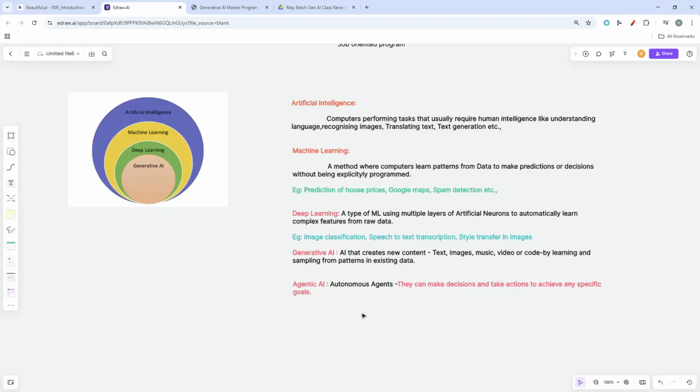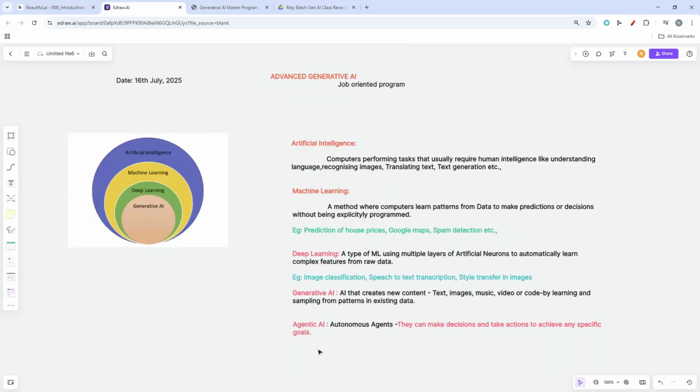We have been seeing in the news that people are a little scared that when agentic AI comes, many jobs will be replaced by AI itself. It hasn't started yet, but the demand for generative AI engineers will be very huge, because you are the people who are going to build agentic AI.